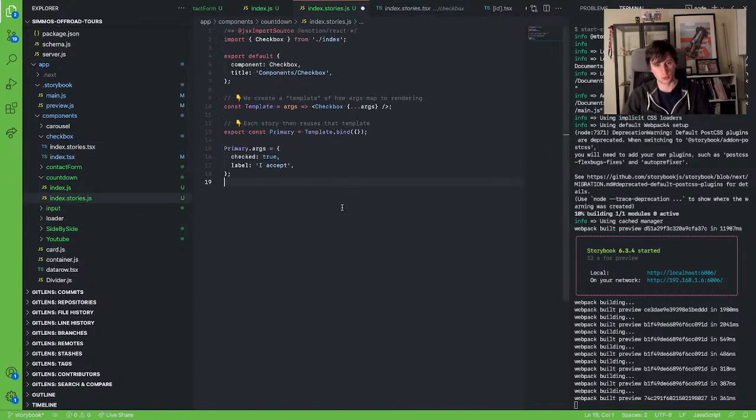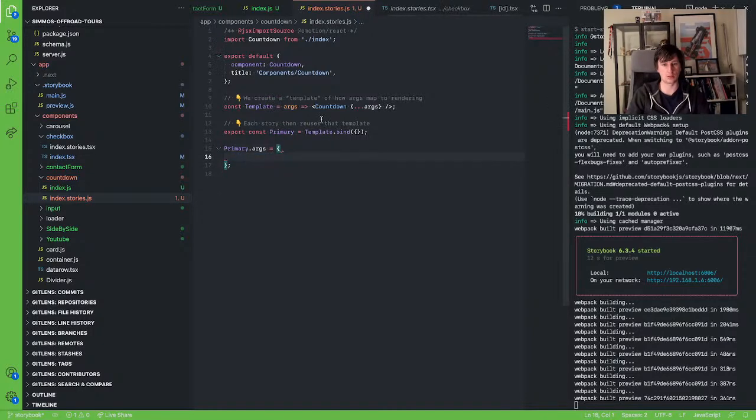So quick check on what this is actually doing when I copy and paste this template. We're importing the element, which in this case is countdown, and it's a default export. So we paste in, we'll create our story with our component and a title, and then our first story, which is actually the template, and we use it for our primary story. The args for that